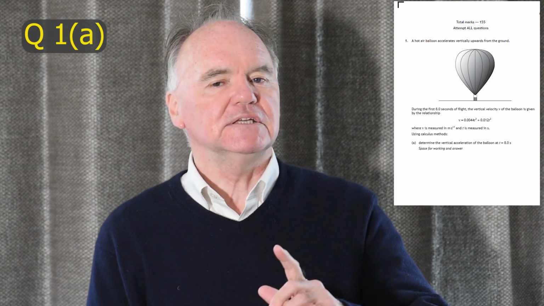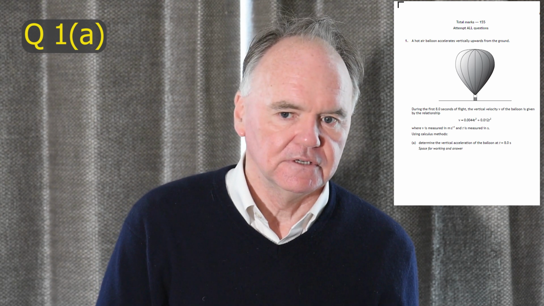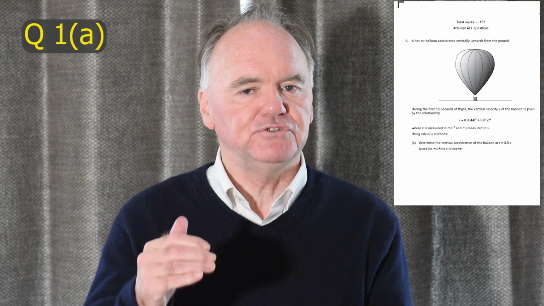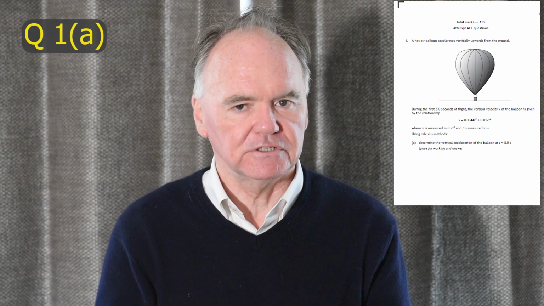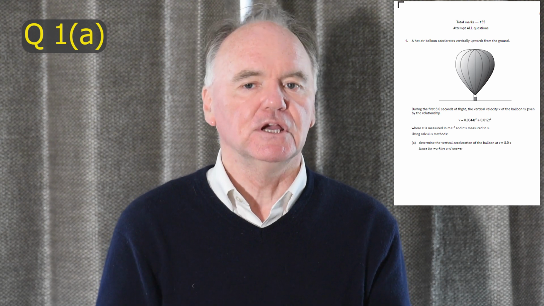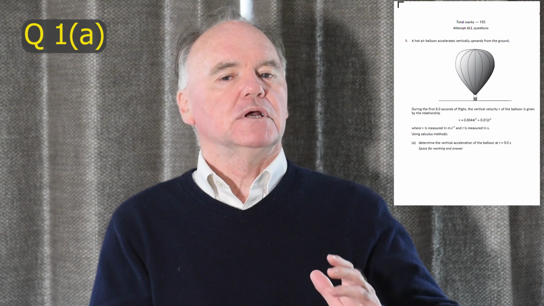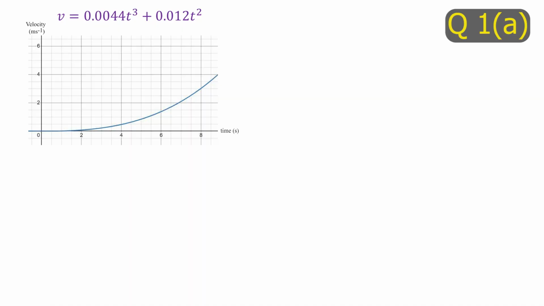Now, if we're asked to find an acceleration, and we're given a velocity, we have to remember acceleration is the rate of change of velocity. That's what acceleration is. So to find the rate of change of something using calculus methods, we differentiate that function. Now, if we differentiate the function and we insert an 8, we get an answer of 1 meter per